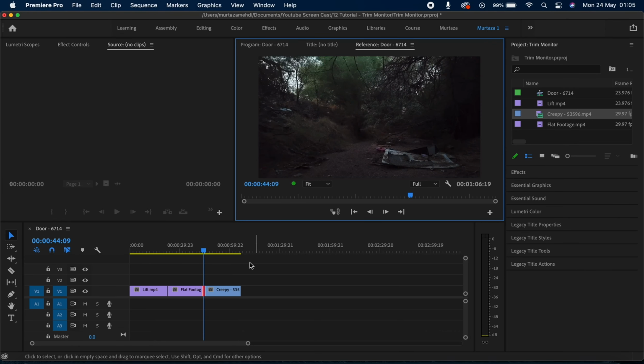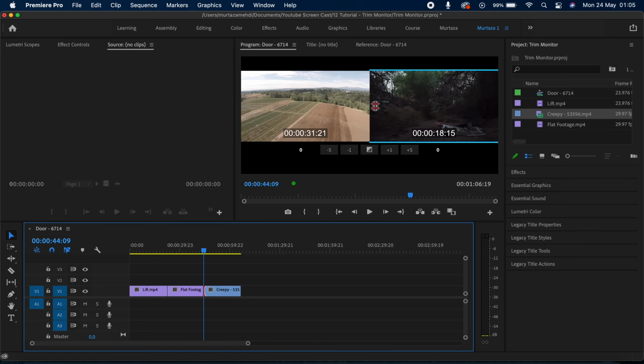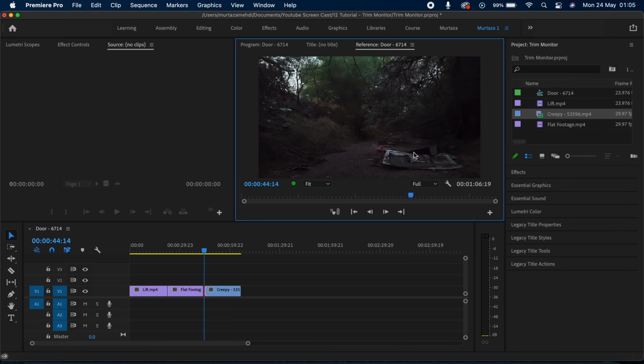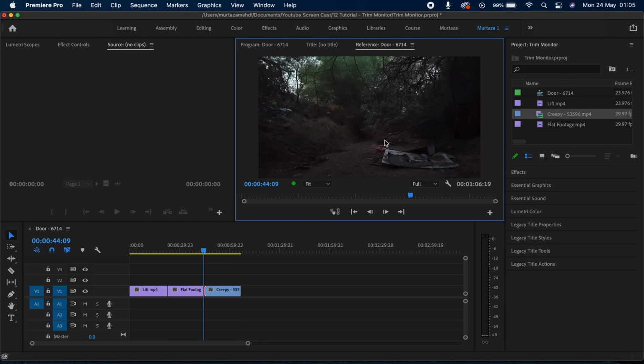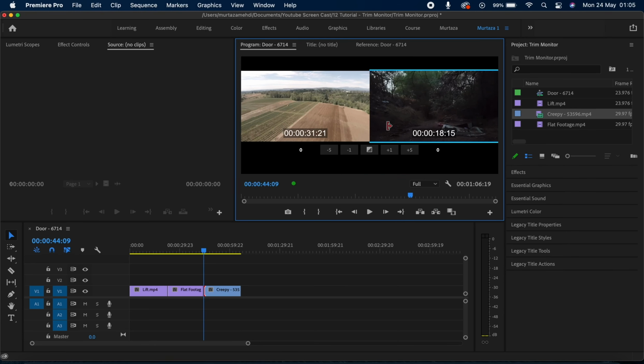So if I want to trim this clip a frame forward or a frame backward, I can use either of these buttons. I can also go either way, backwards or forwards, by 5 frames, and I've got these 2 buttons to do that. You will, however, notice that when you go on a frame by frame basis, it's not as smooth as you would want. So a better approach to trim clips in the program monitor is by using the keys J, K and L